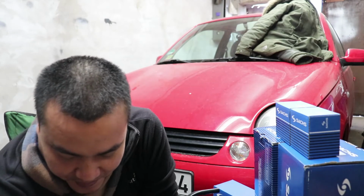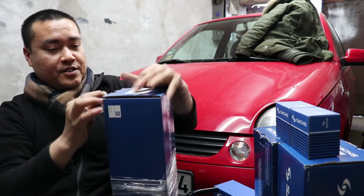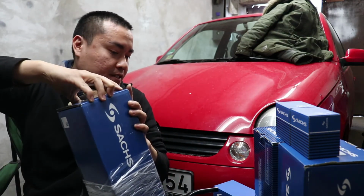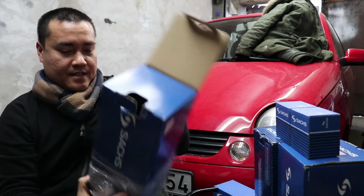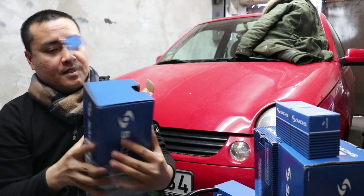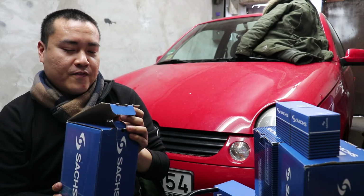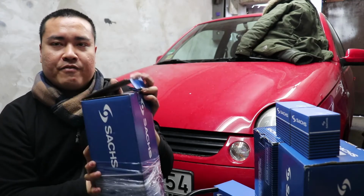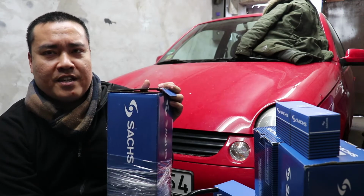And the next one for the rear suspension that I ordered is the spring. Okay, this one is still in the package. The part number is 996554. Actually, I've written down how high it is also, because I don't want to change the height much, and